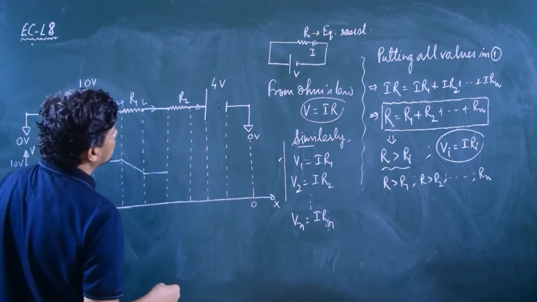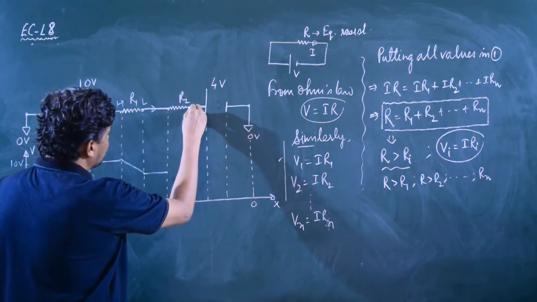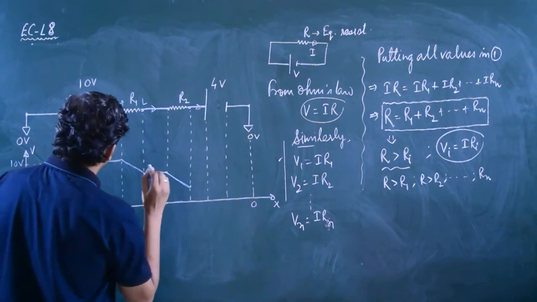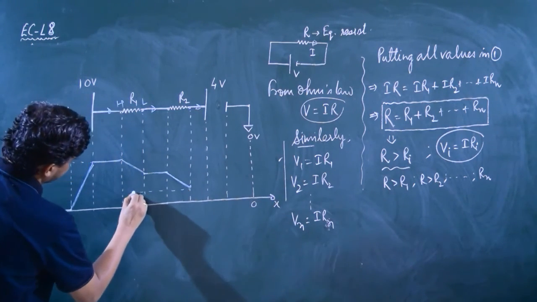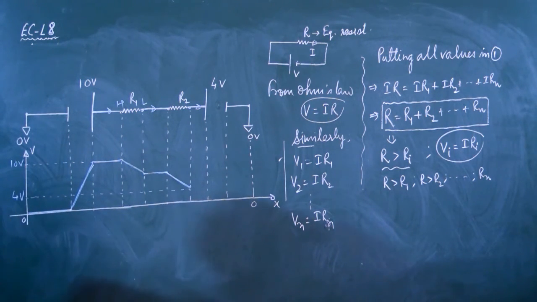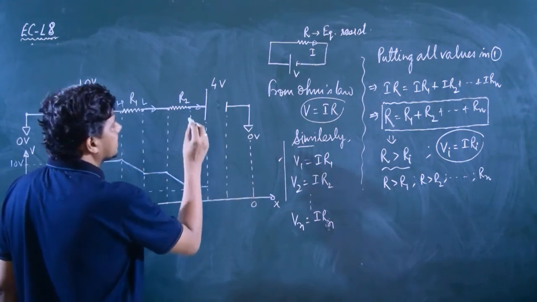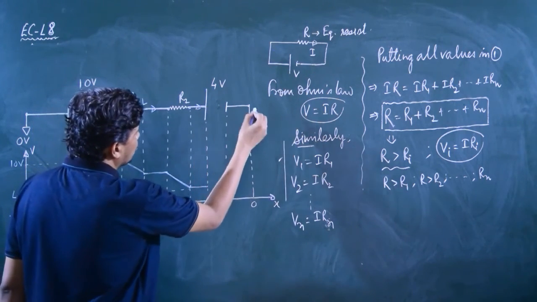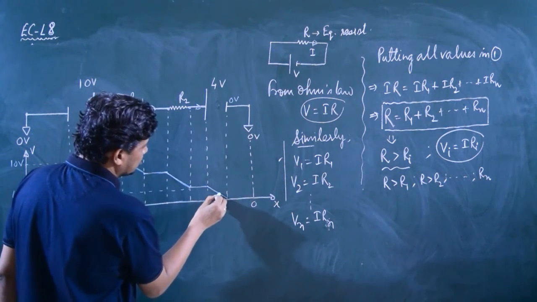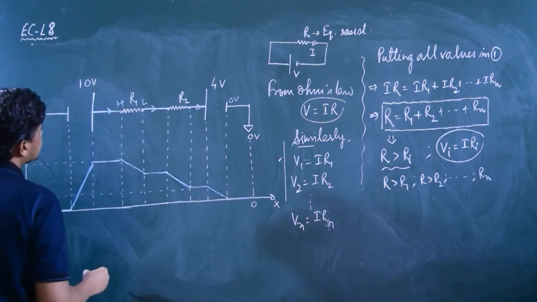Now again potential will drop. Okay, now potential here is 4 volt. That's why here also potential is 4 volt, so it will drop to 4 volt. Okay, so this result is of 4 volt. Okay, now here potential is constant. Now here potential drops from 4 volt to 0 volt because it is grounded. It is 0 volt. Here also it is 0 volt. It drops to 0 volt, and again it is constant. It is 0.